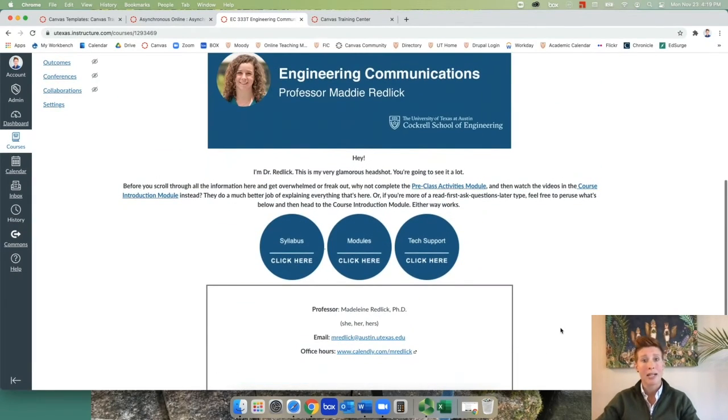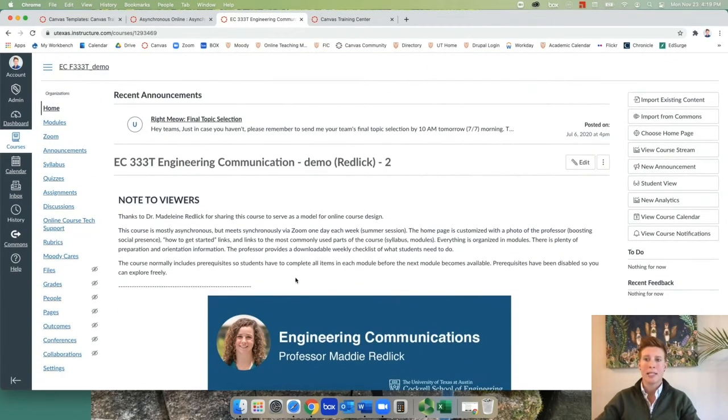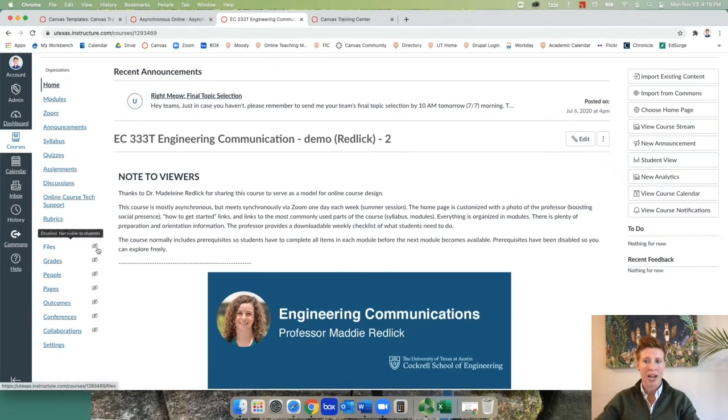And this is an excellent example of a clean, easy to use, easy to navigate homepage that has everything you might need. So the last thing I want to point out is that you can control what students view over in this navigation. So you can see the pieces that have the eye crossed out are not visible to students. And in the settings under navigation, you can drag and drop to make those updates as you wish.